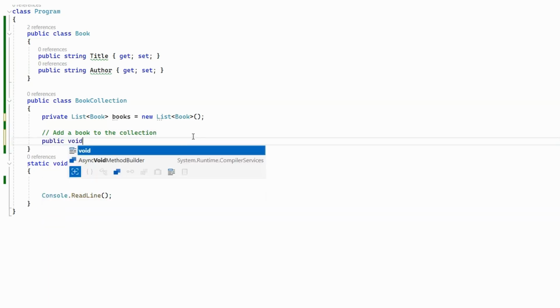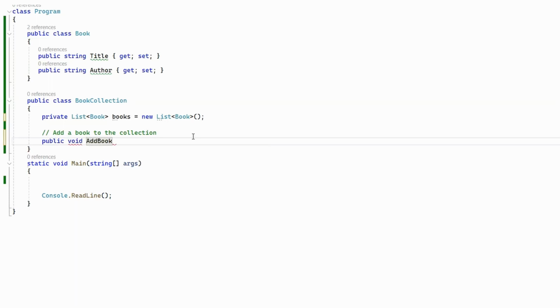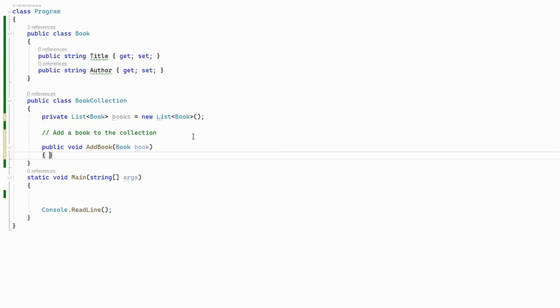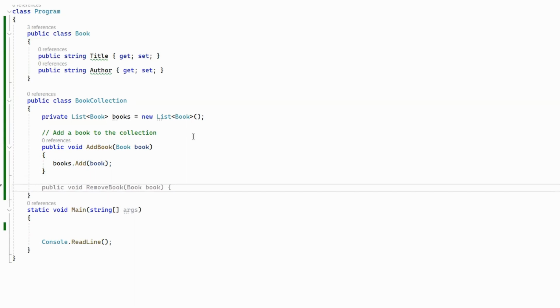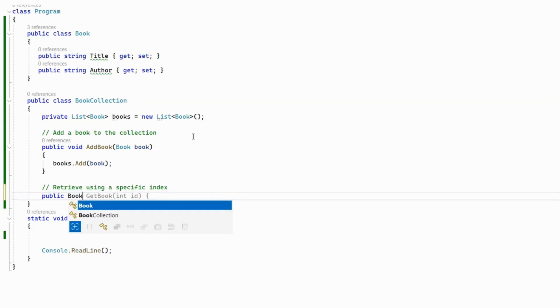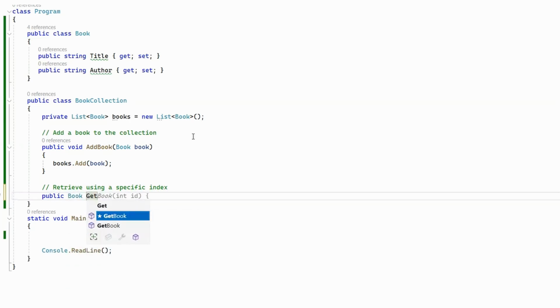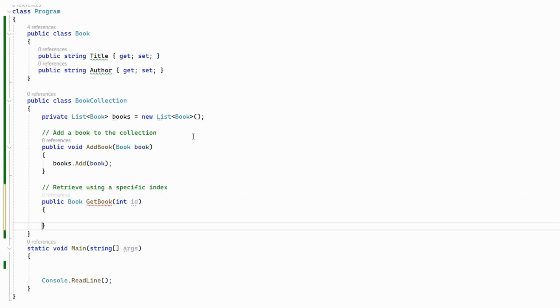Let's go public void AddBook, and we're going to have Book, and books.Add(book). Okay, the next method is going to be the one to retrieve a book using a specific index. So it's going to be public Book GetBook, and let's make this index,